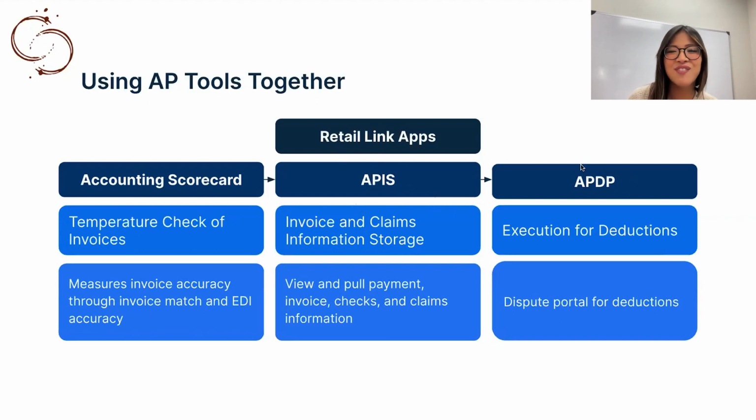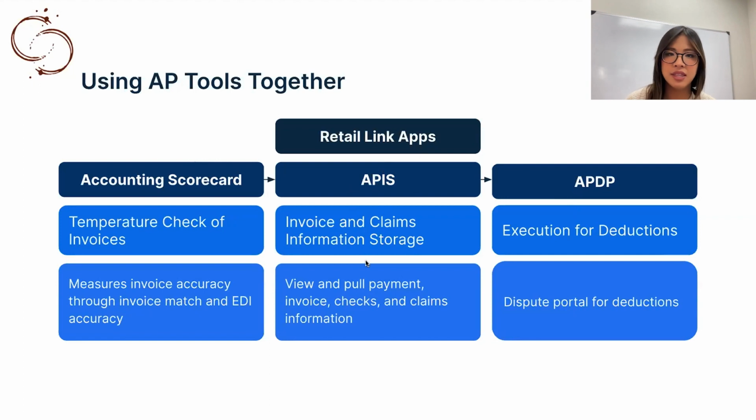I would also make sure you have access to APDP, the Accounts Payable Dispute Portal. This is the actual portal that you will utilize to submit any disputes that you have. So in APIS, you'll be able to see, hey, we invoiced Walmart for 100 cases. They only paid us for 75. We have proof of delivery that we delivered all 100, so we want to dispute the 25. Then you would go into APDP, dispute that, and try to get that money back. So the accounting scorecard is definitely important, but APIS and APDP I would consider non-negotiable tools,